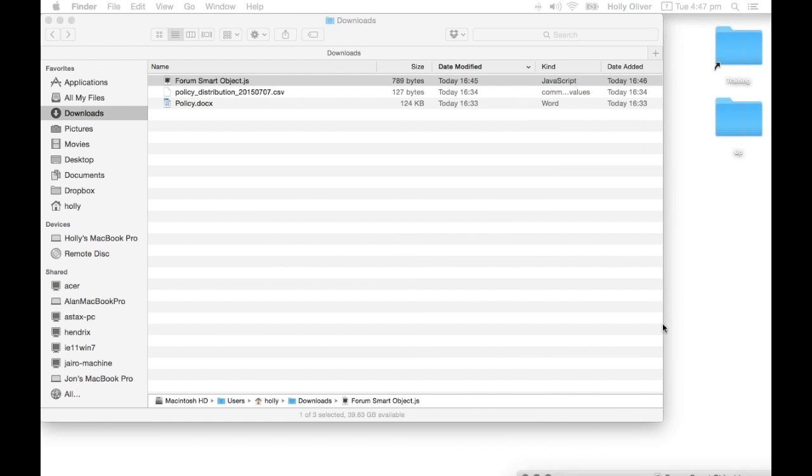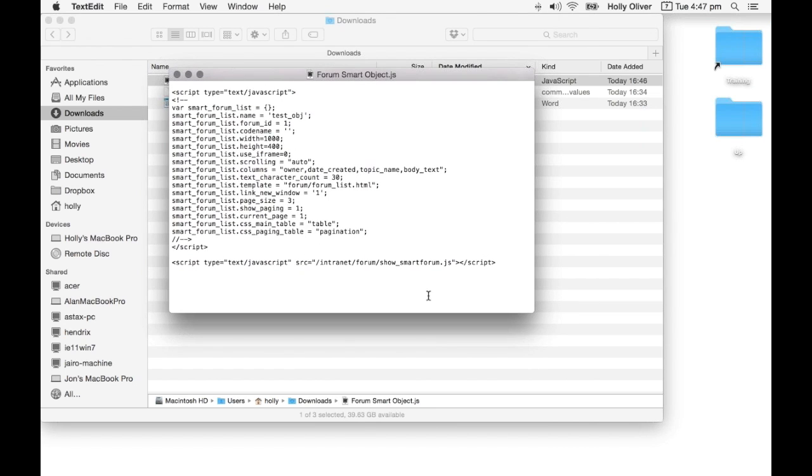Obviously on my other screen, which is handy. Let's bring that back in. And it'll open it up here. So this is how this little script looks. And in here are all of those parameter lists that are on that Discover article. So we can see we've got the forum ID, the code name of the forum, the height, the width, all of that kind of stuff. So we're going to copy that,